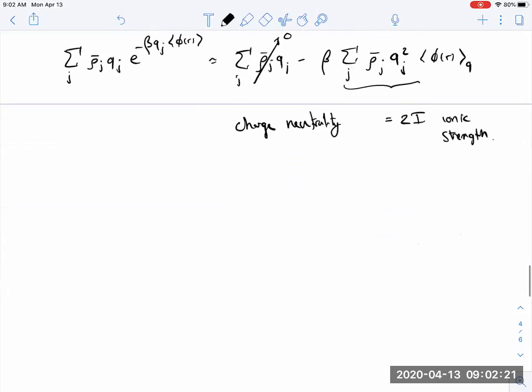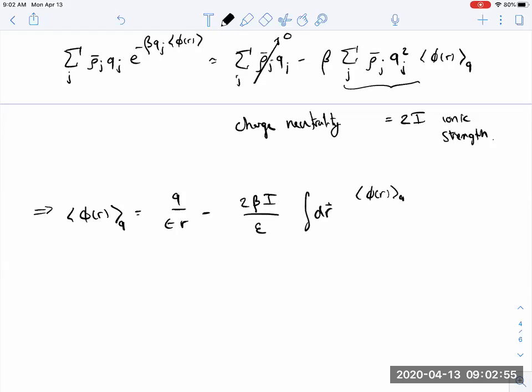So if we put these together, we have an expression for the potential at r, again, due to the direct piece of the tagged ion at the origin, now minus twice beta, the ionic strength, over epsilon, an integral over r vector,